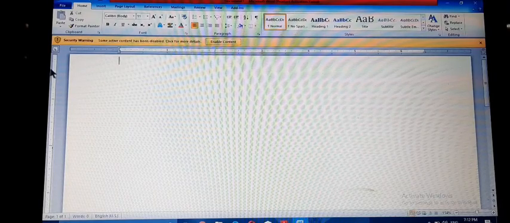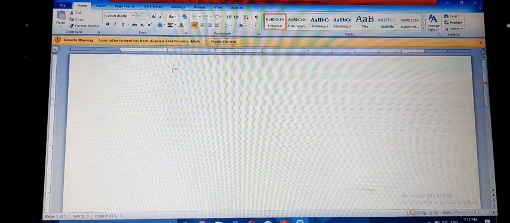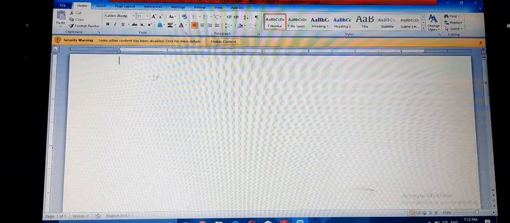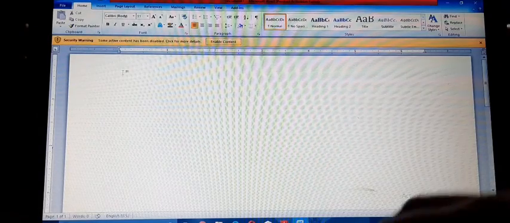This is the cursor, a vertical blinking bar. Typing text starts from the cursor. You can write anything.